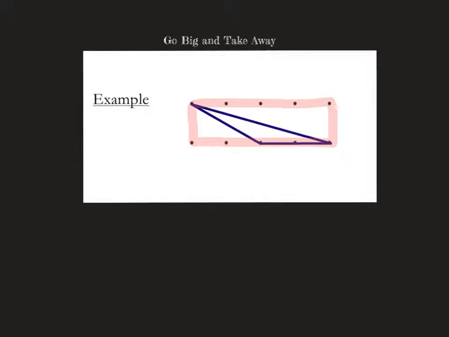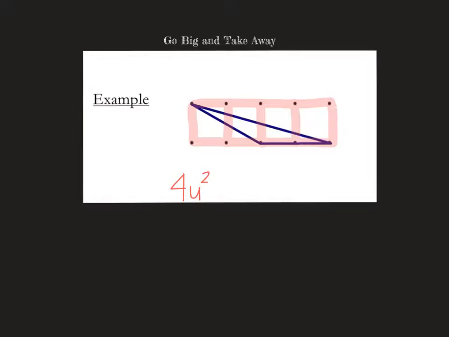a part of. Now, if we want to figure out the area of this rectangle, 1, 2, 3, 4 different sections. So the area of this rectangle would actually be 4 units squared. Now, obviously, the triangle doesn't take up that whole part. So unfortunately, we can't just do the go big and take half because it doesn't take even half of that